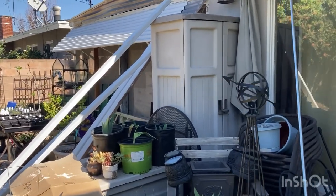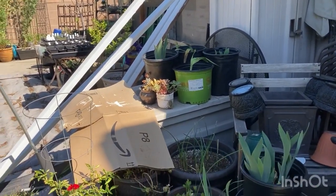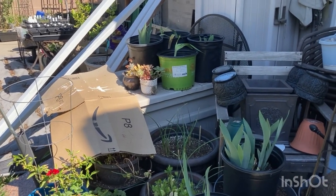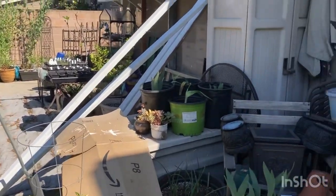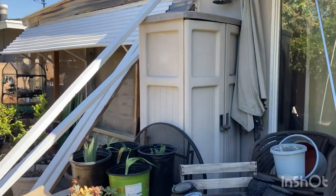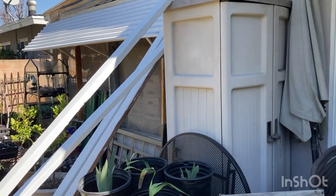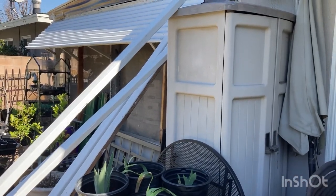that we store folding chairs in, and next to it, it's a Rubbermaid, I believe, and next to it is a Rubbermaid chest bench, which I believe was storing our cushions for our outdoor furniture. And since we're opening up this area, I really don't want to block it off with this big bulky furniture. So what's going to happen is I thought I was going to be able to move this onto the ground area down there, but it apparently is too tall because of this little overhang roof, which is an important part